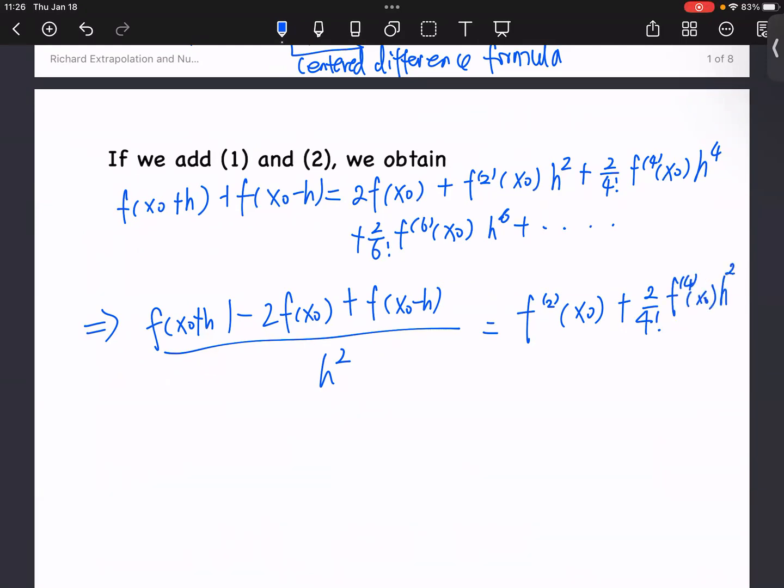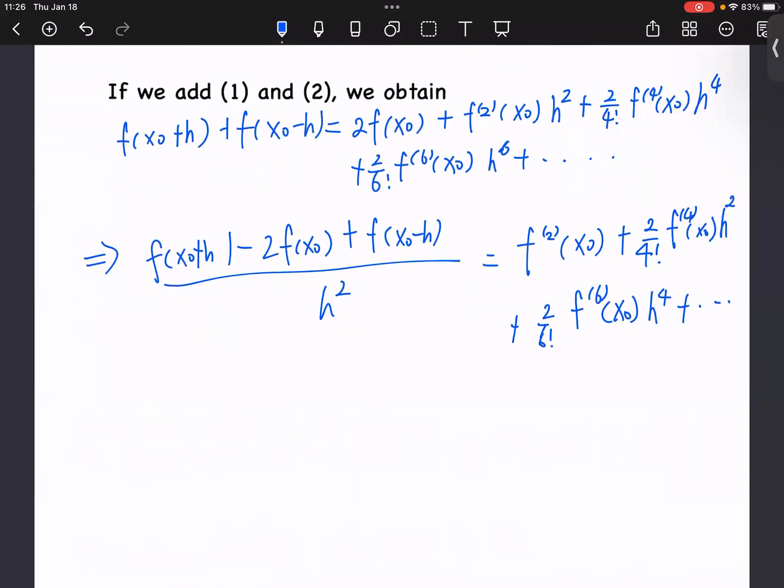Then we have only order 2 left because it's divided by h squared, and then only order 4 left for the 6th order term. This is what we got here. So at the end of the day, if you reorganize these things, you would get this,